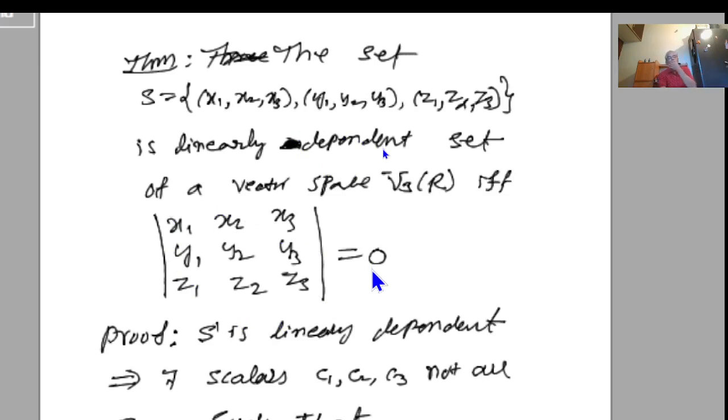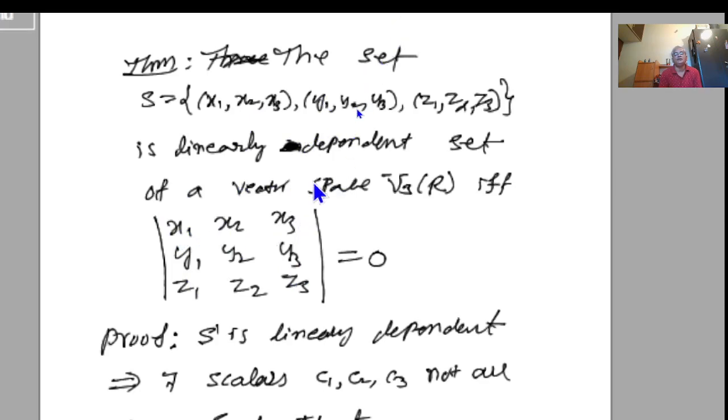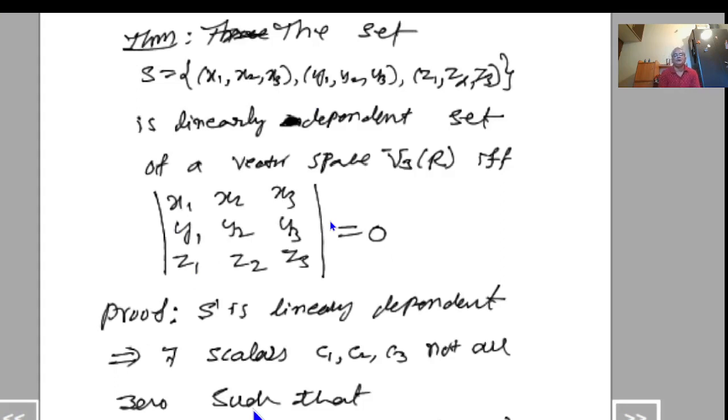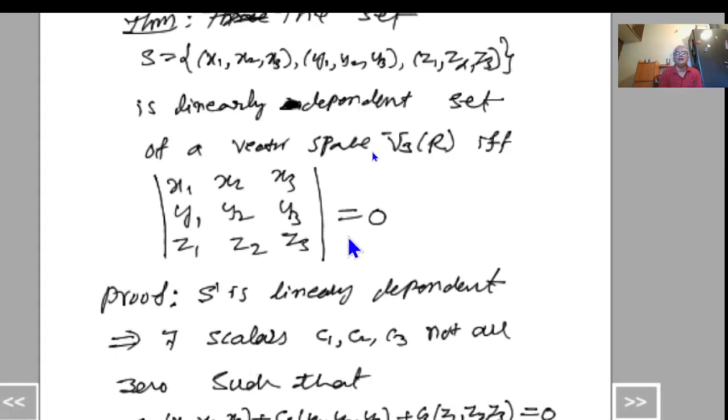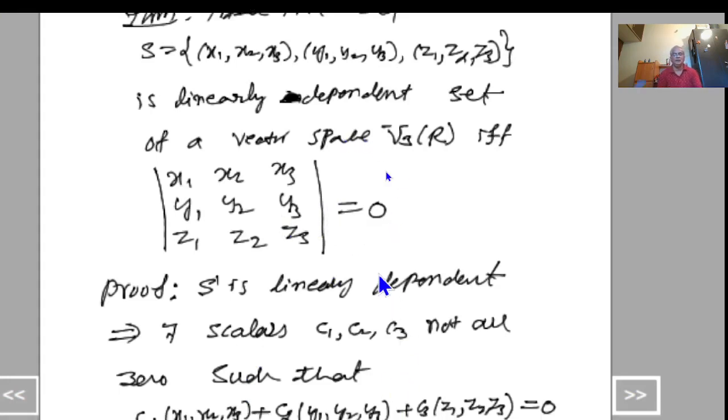Independent if the determinant is not equal to 0. So if the vector space is V3R and it is required to verify whether the given three vectors are linearly dependent or independent, there is no need to consider the definition C1 alpha 1 plus C2 alpha 2 plus C3 alpha 3. We just go to this determinant value. First vector I will write in the first row, second vector in the second row, third vector in the third row. I will evaluate this determinant. If I get it equal to 0, the vectors are linearly dependent. Not equal to 0, they are linearly independent. Okay. Thank you. I will stop here.